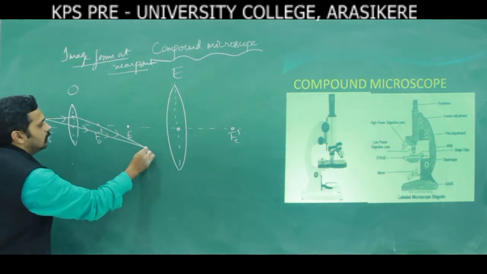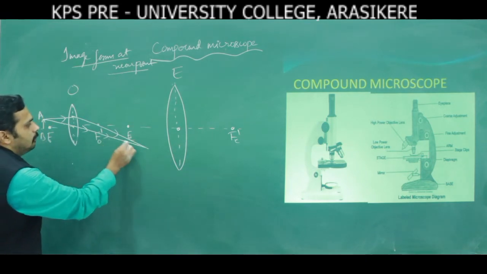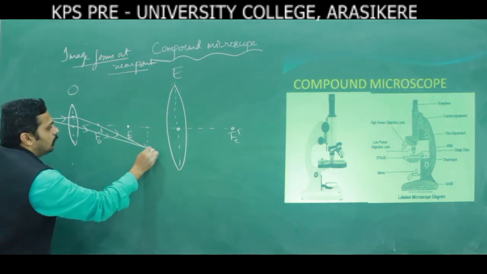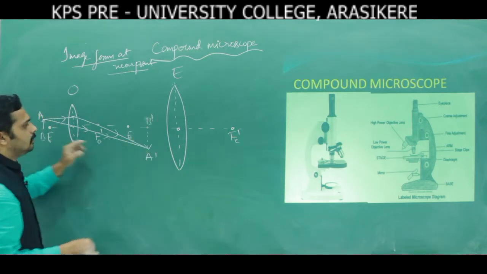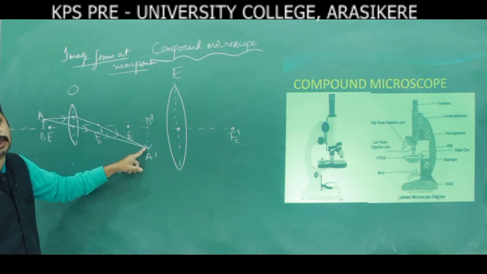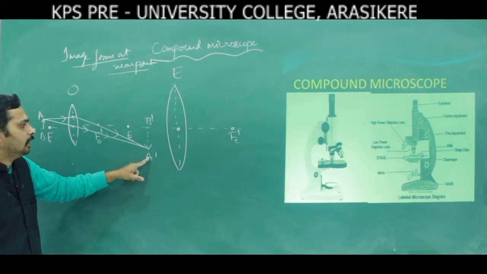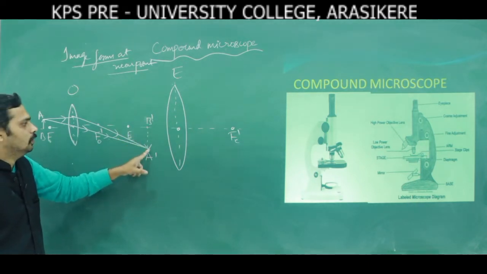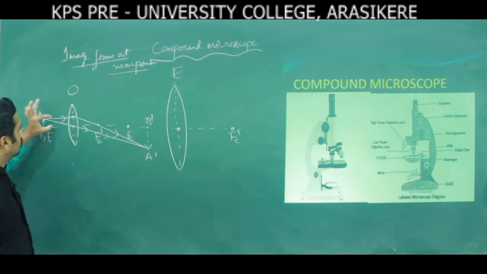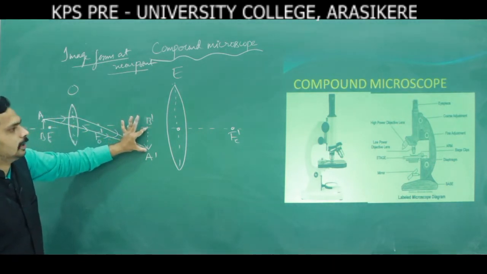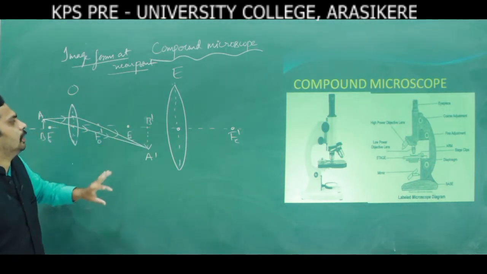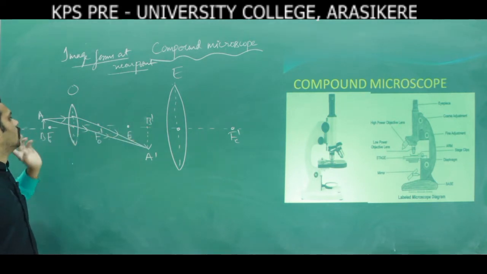After refraction, the two refracted rays meet at one point. At this point the real image is going to form. Look at here, the real image. Here the real image is inverted. The real image is always inverted, A dash, B dash. Look at here, this is a small object, and this lens produces the magnification. It is a little bigger: the real, inverted and magnified image of this object.